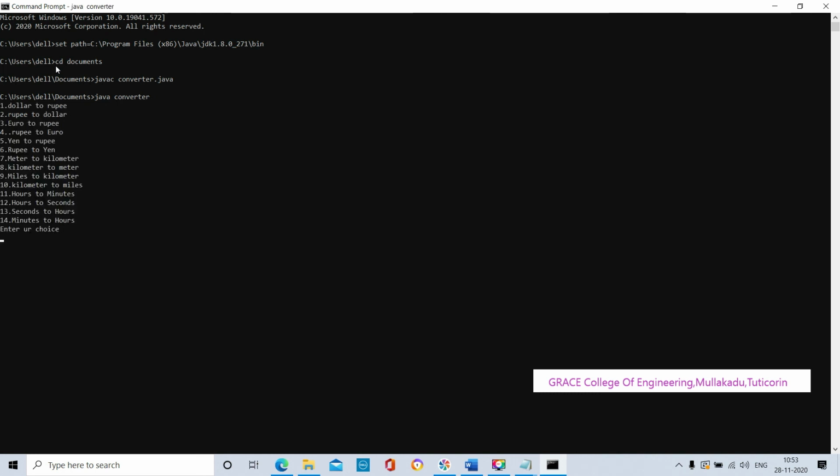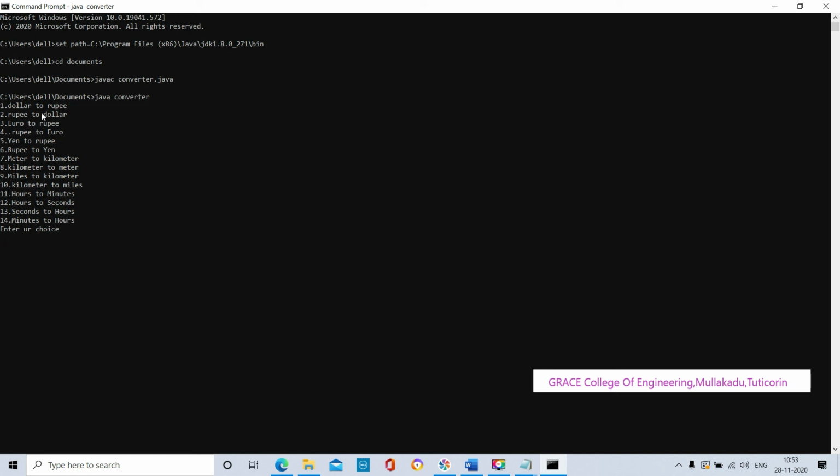So it is giving 14 options. By entering your choice you can do all the options. The options are dollar to rupee, rupee to dollar, euro to rupee conversion. All the options are conversions. These are all the conversion methods we have in the packages.